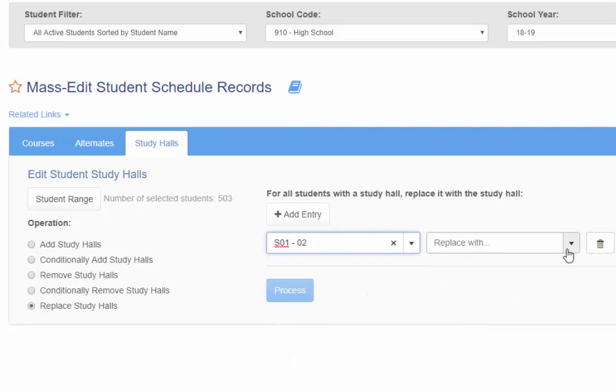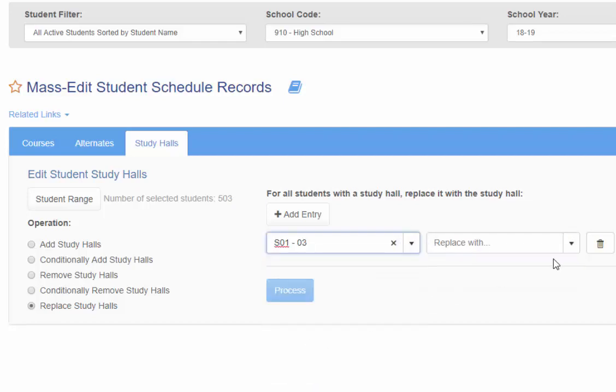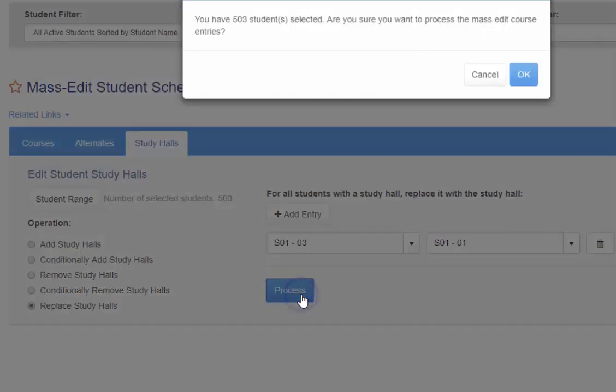With that one selected, when I do the replace with, the only option I'm going to get is something that is in the same period and the same term. If I had, and I don't know whether I have anybody in this one here, I do. This section 3 is for a full year, so I have all of my options that meet during period 1 and also have a term of year. And then we can process. So now I'll have students in my